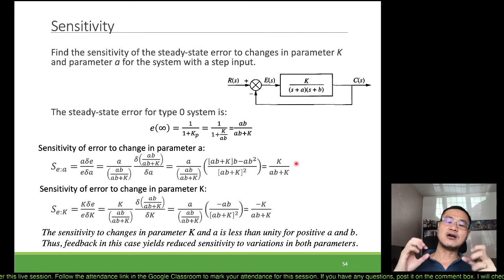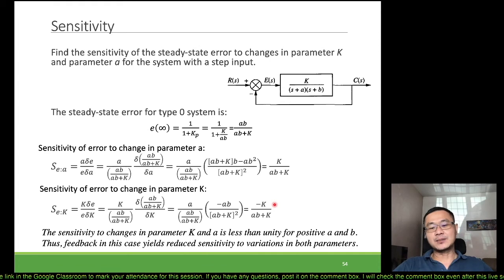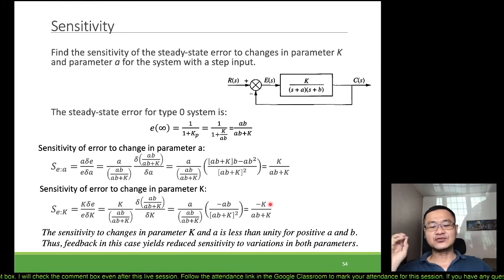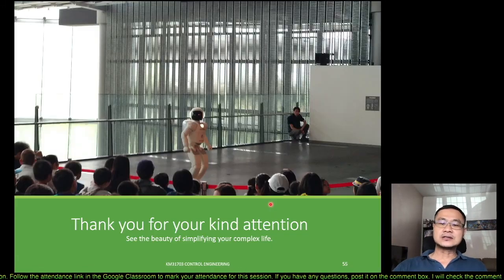How much they change depends on the parameter. Since both equations are very similar, only one is plus and one is minus, the effect would be similar, but we know that it gives us a reduced sensitivity to the variations of both parameters a and k. So that concludes